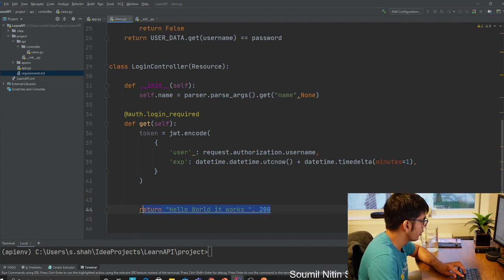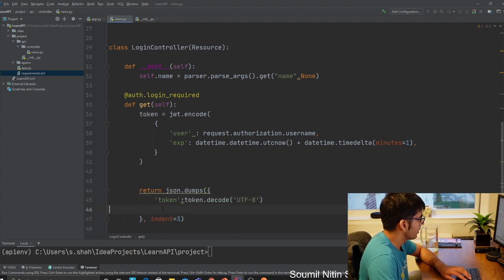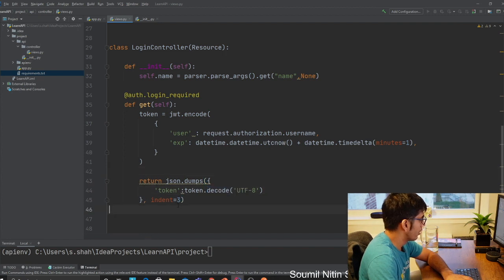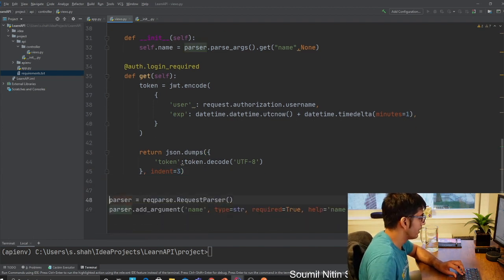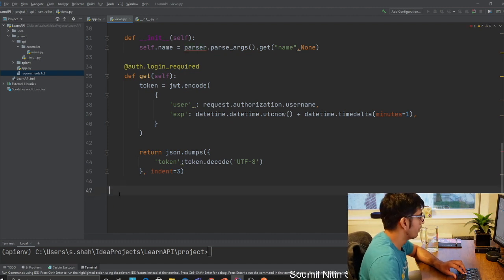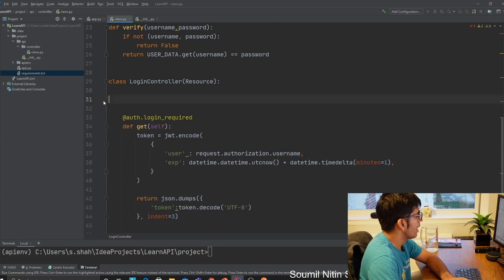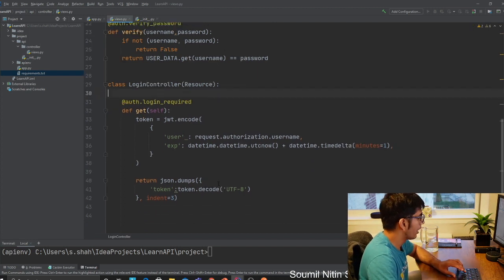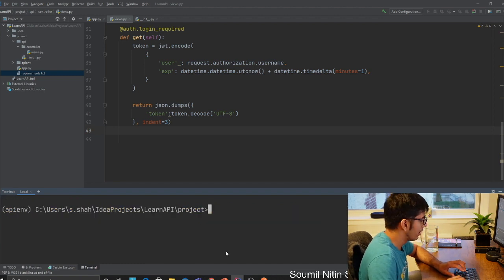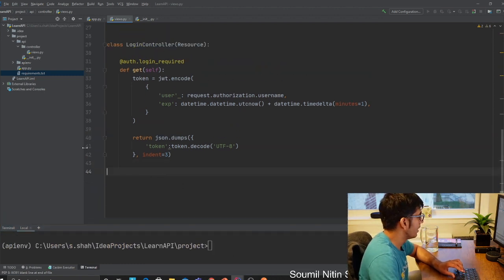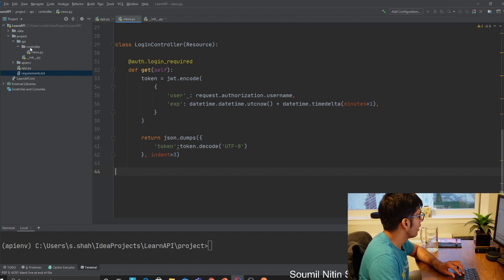Now what you want to do is return the JWT authentication token, with a nice JSON message here. So decode UTF-8 because you want to do that, and that's pretty much it, right? Now you want to verify whether this API is working. Remember, we don't need the query parameter anymore. I'm going to remove that. We would remove that from the name as well because we are doing the login. Once the user logs in, it would issue him a token, and once the token is issued, the user can access the API.